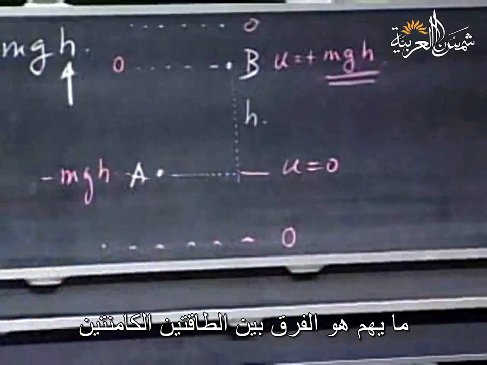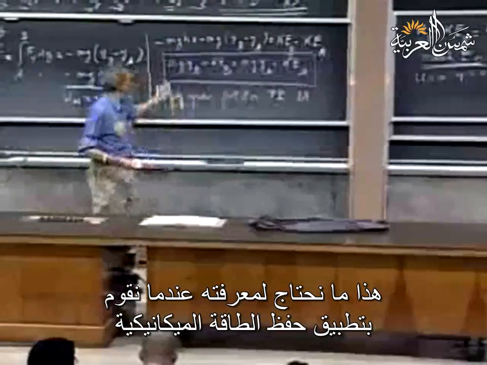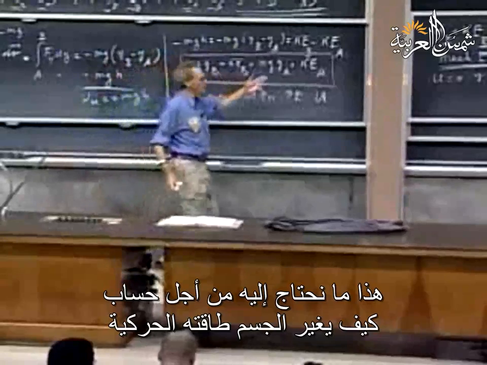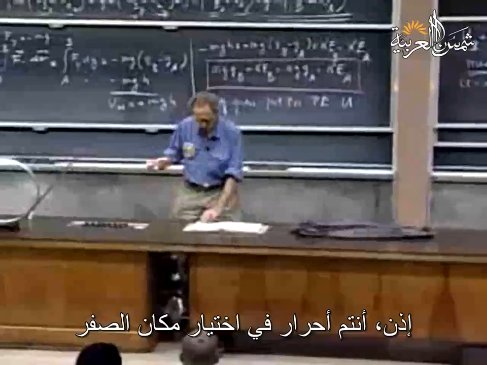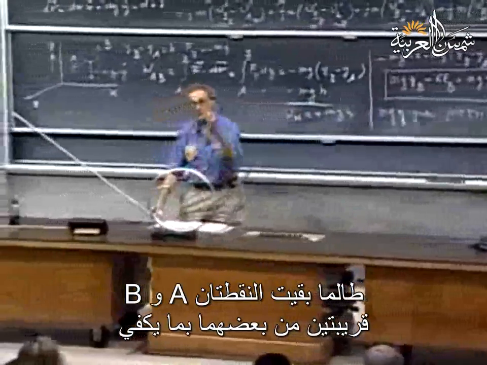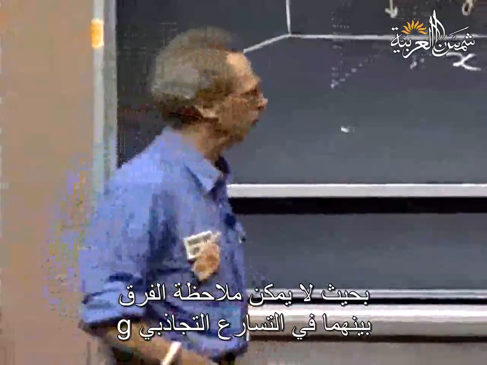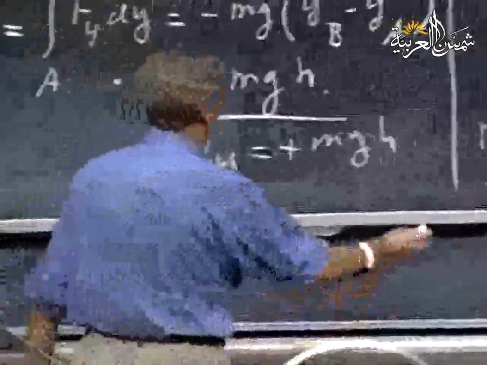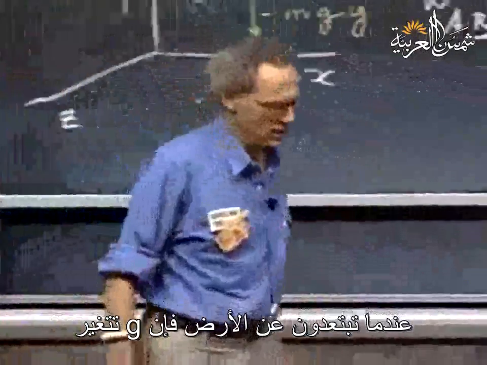What matters is what the difference between potential energy is. That is what we need when we apply the conservation of mechanical energy. That is what we need in order to evaluate how the object changes its kinetic energy. So where you choose U zero is completely up to you, as long as A and B are close enough so that there is no noticeable difference in the gravitational acceleration g. Before the end of this hour, I will also evaluate the situation that g is changing. When you go far away from the Earth, g is changing. So let us first